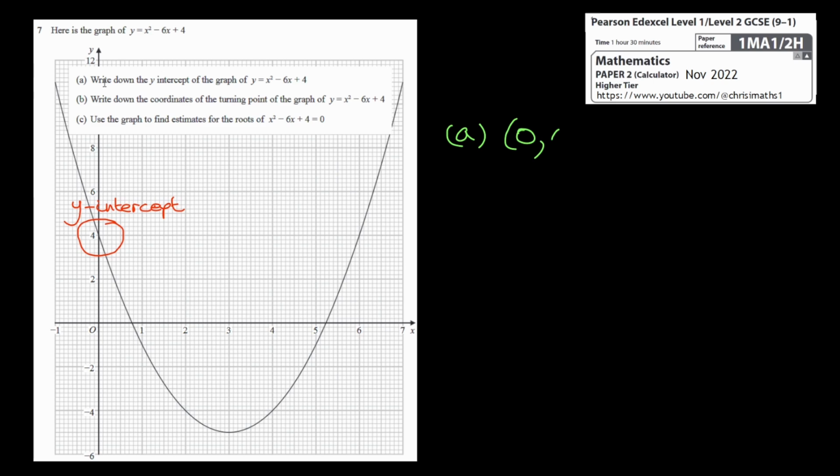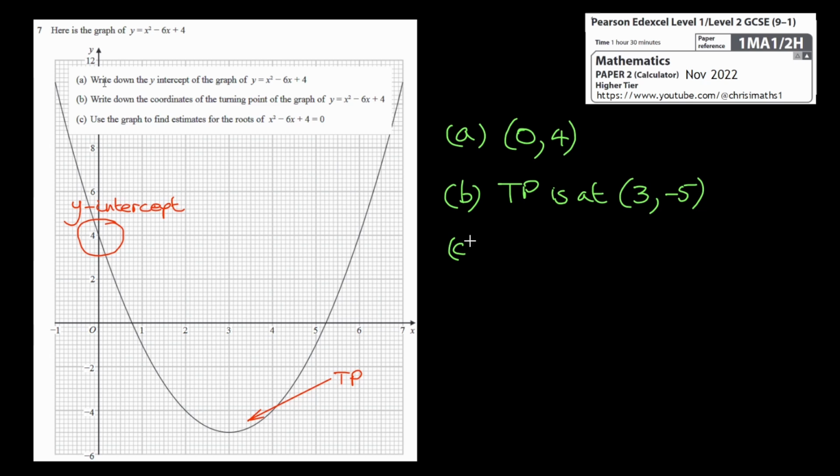y value is 4. Part B asks us to write down the coordinates of the turning point. Well, that's the turning point. And again, reading off from the graph, the turning point is at x first 3,